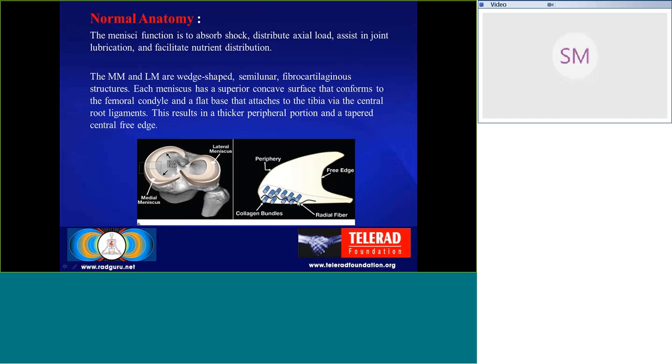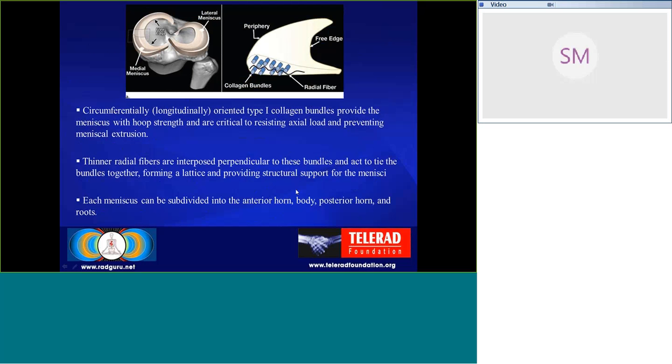As a result of these concave structures, it has a peripheral thicker portion and a tapered, smooth central free edge. The circumferentially oriented type 1 collagen fiber bundles provide the menisci hoop strength, which is very critical in resisting the axial load and preventing the meniscal extrusion. These collagen fibers provide the hoop strength, which gives maximum stability to the menisci. And in between these collagen bundles, we see thinner radial fibers, which are perpendicular to